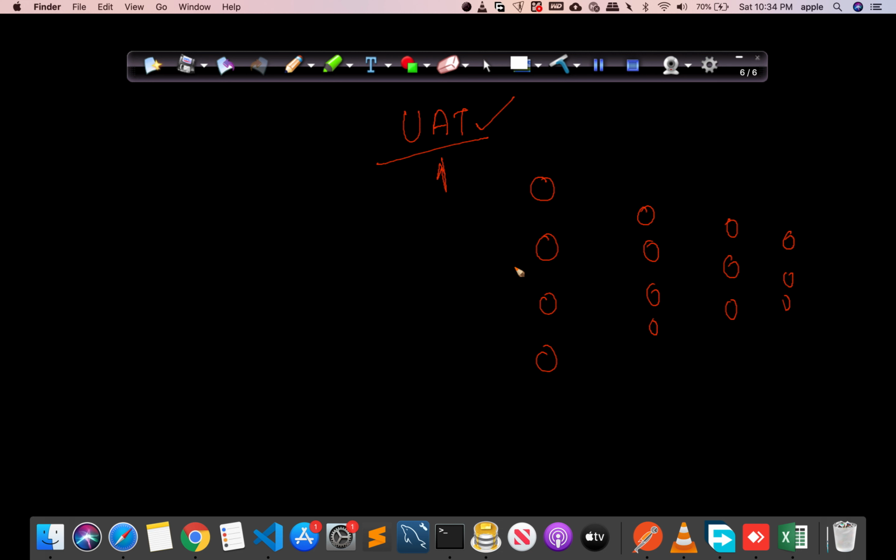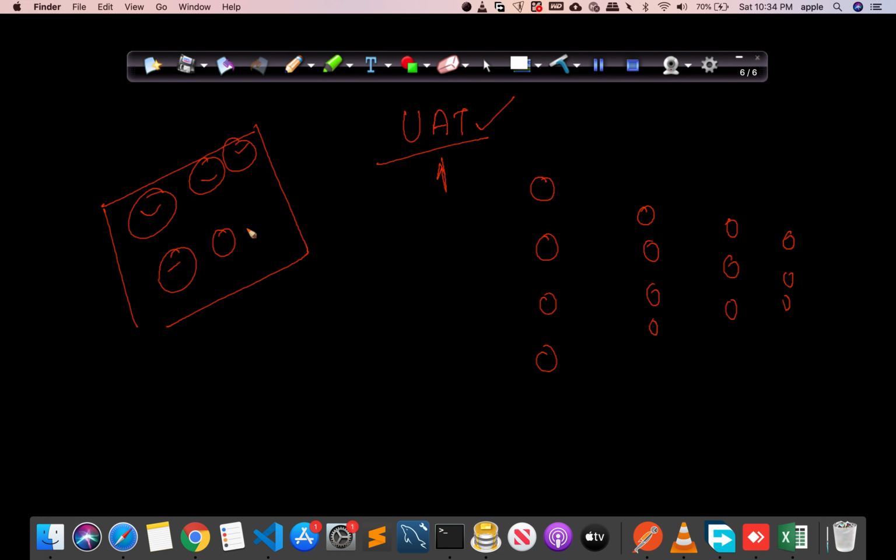That's why deep learning is far better than machine learning in complex tasks. For example, suppose this is an image containing multiple objects. Machine learning will never identify the types of objects, but deep learning can easily identify various objects in a single image, or identify speech, or convert a sentence in one language to another language. These things cannot be done using machine learning, and for that we need deep learning. Why? Because the problem is getting more complex, and we need more complex functions to solve them. Machine learning is not able to approximate those functions, so we are using deep learning.